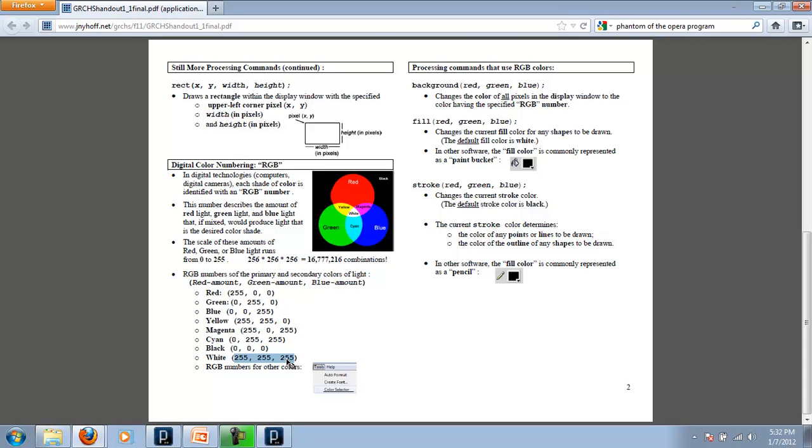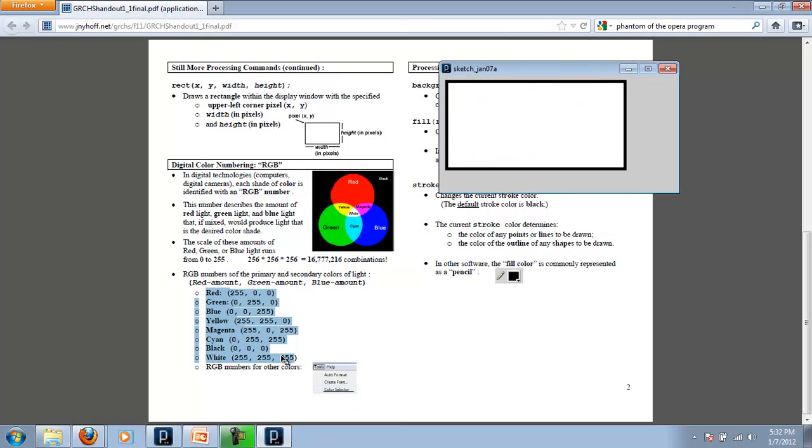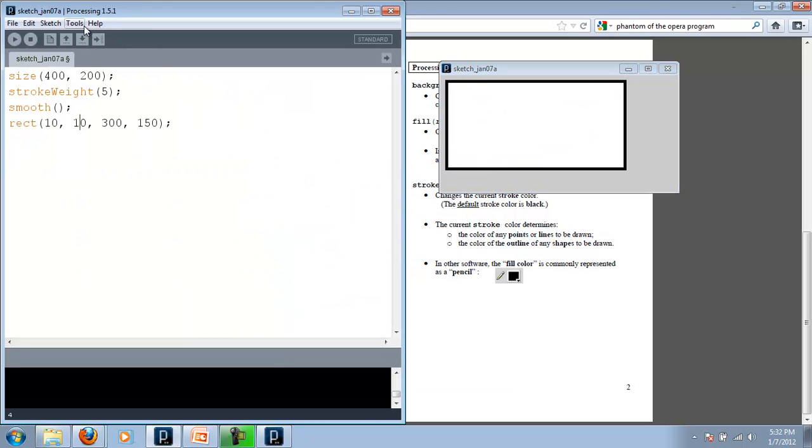And if you have no red light, no green light, and no blue light coming through, you get black. So those are all the main types of colors that you can get. But if you want to get a variety of other colors,